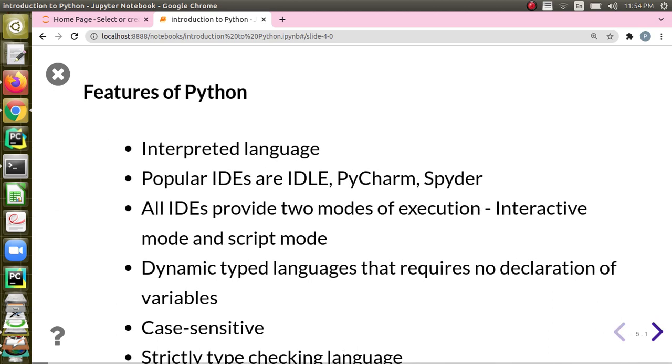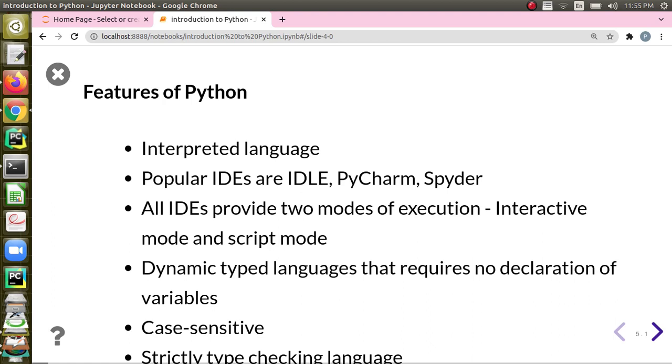And when you look at the features of Python, basically Python is an interpreted language. We need a language translation because we humans have a kind of language which we can understand, either English or Tamil or Hindi, whatever it is. But these machines are basically electronic devices which can understand only zeros and ones. So they have to be converted. Whatever statements we are giving, they should be converted into a machine understandable language.